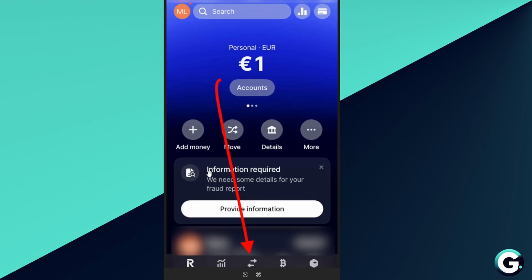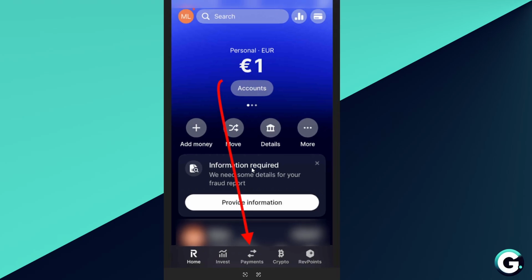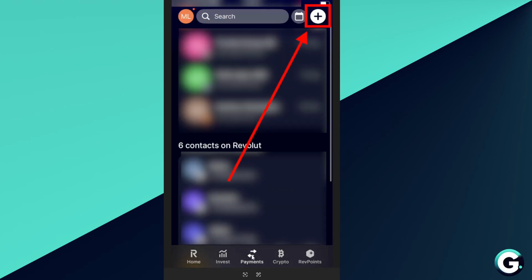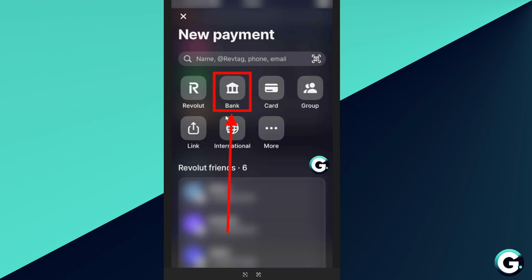Welcome guys, and today I'm going to show you how you can select and send money from Revolut to Royal Bank of Canada, RBC. So what you'll need to do is just open up your app, click on the payments in the bottom of the screen, click on this white button, and here where it says international or bank, select